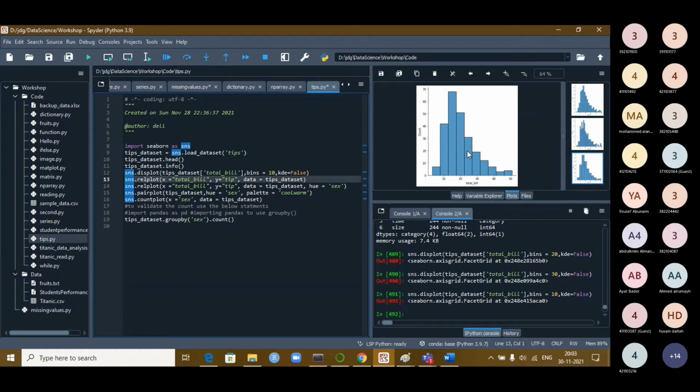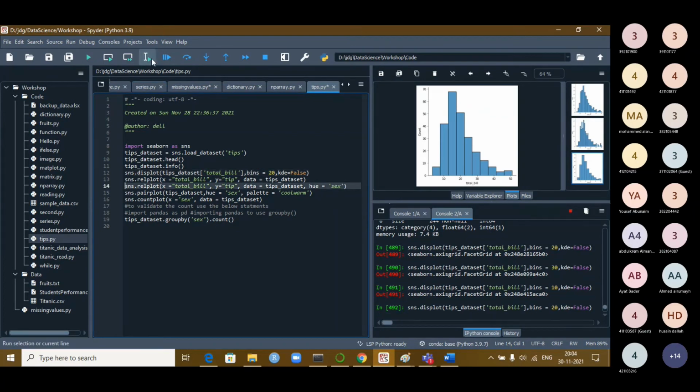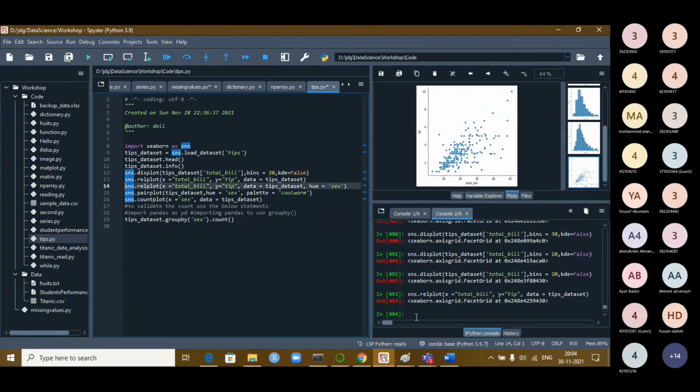Not too much less. Too many bins means almost like one record will come in one bin. It does not look nice. So if you want to make a group, so make into some reasonable number of bins. So I am making by default as 20. That's what I made in the graph. Okay.